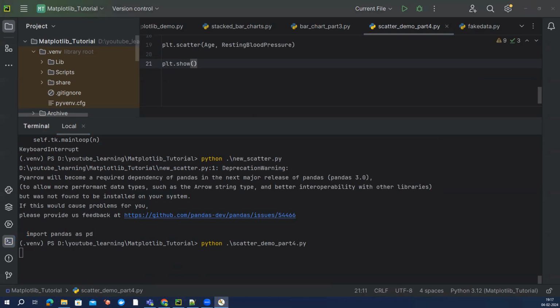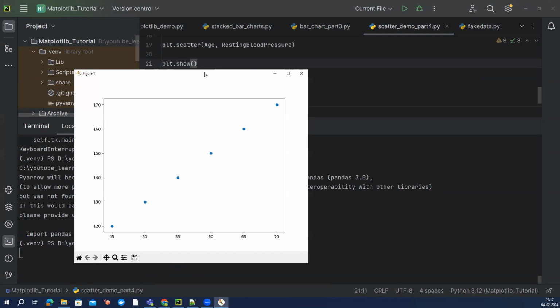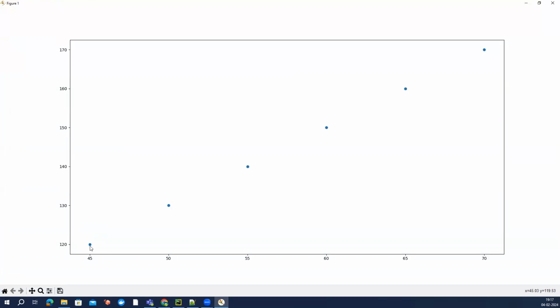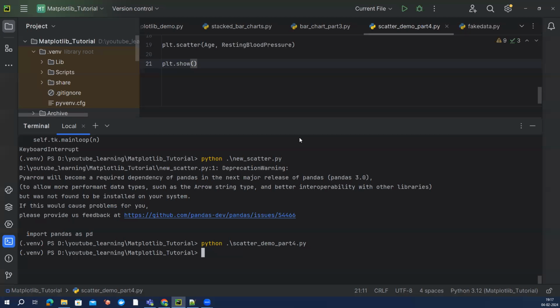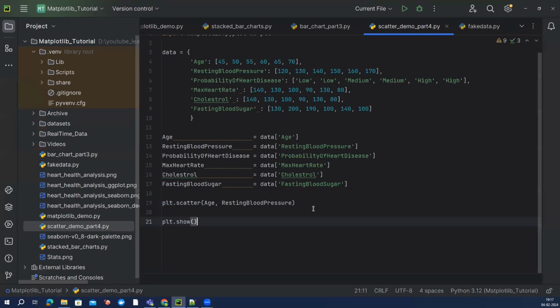Okay. Now we can see the points on an x-axis and a y-axis. So basically first, second, third, fourth, and fifth, right? We can see 5 dots, but it's not very helpful to understand what is happening here. Now we have a lot of attributes through which we can control various parameters within a scatter plot. And one of them is